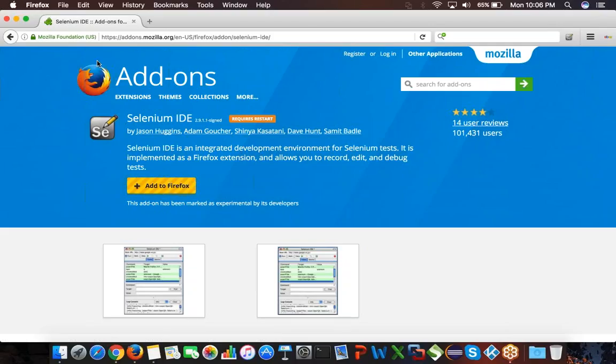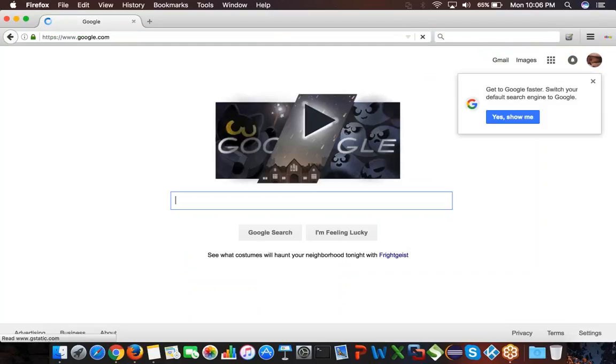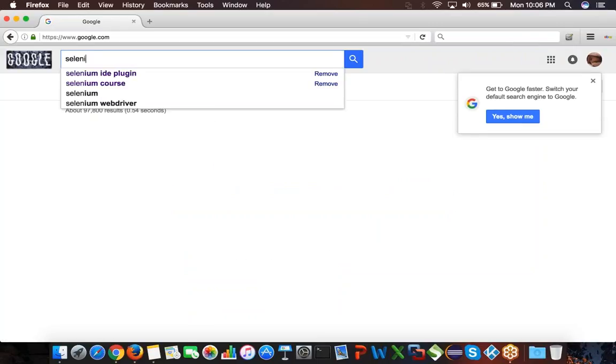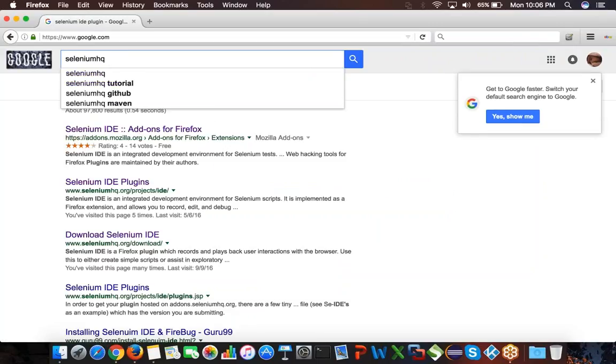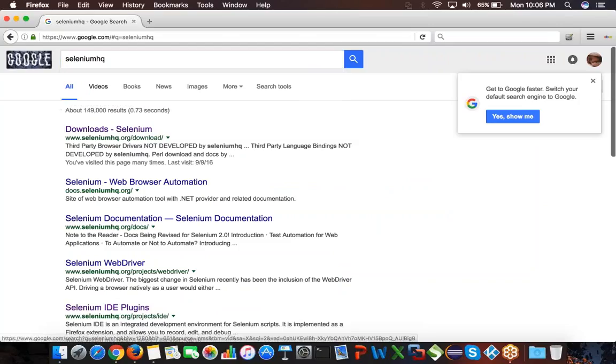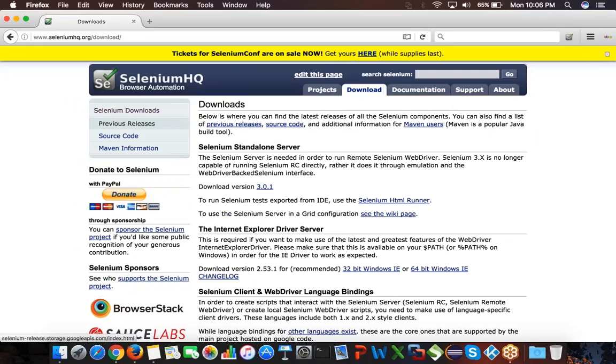This is one way that you can attach the Selenium IDE, or there is a website called Selenium HQ. If you go to seleniumhq.org, you can find all the Selenium related things.